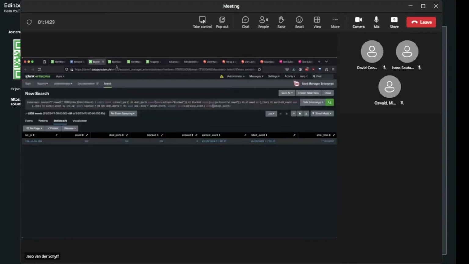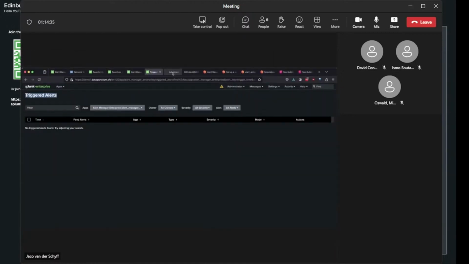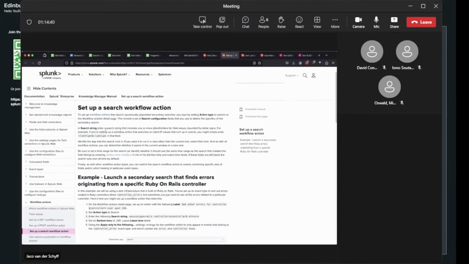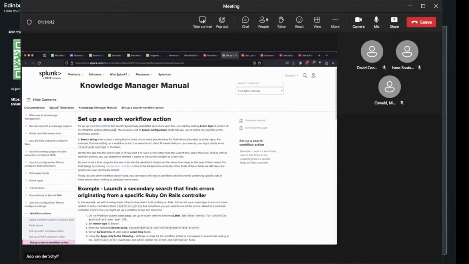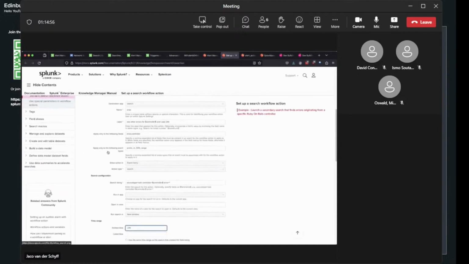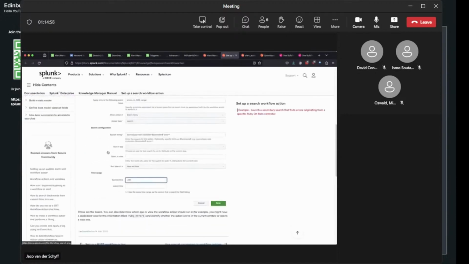Let me quickly, if I can get my Zoom bar out of the way. Sorry. Workflow actions exist today in Splunk as a mechanism to extend the UI. So if users are looking at events and there are specific fields within that event with pertinent information, you can set up workflow actions, which allow you to draw into external sources. It also allows you to draw into Splunk itself.